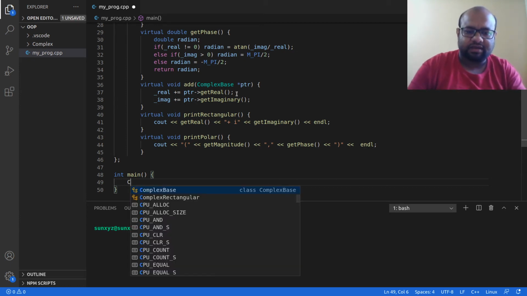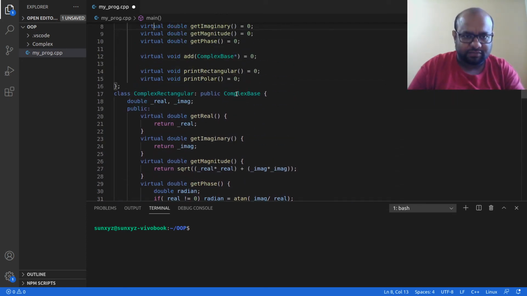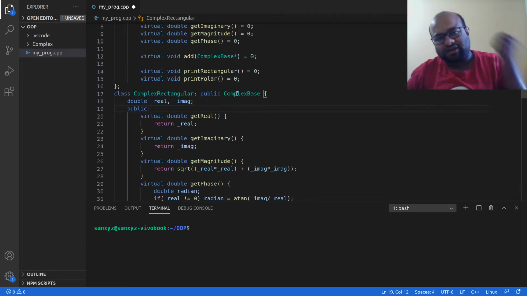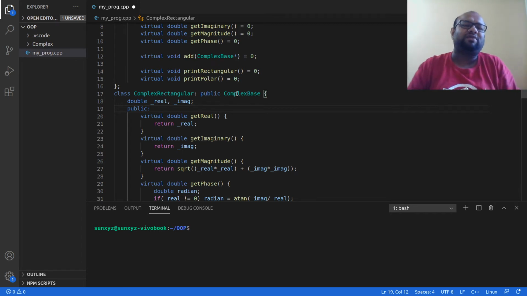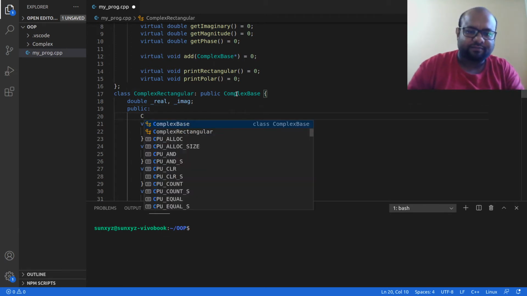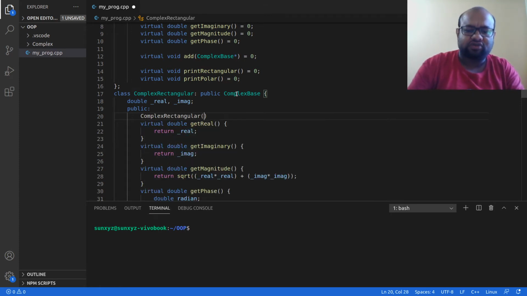Let me, of course, there is one thing that is left to be done. I have all these different functions, but I don't have a very important function. How do I set this complex number? How do I create this complex number? I am going to need a function that is going to set the value of real and the value of imaginary. So I am going to create a constructor that is going to set these 2 values.